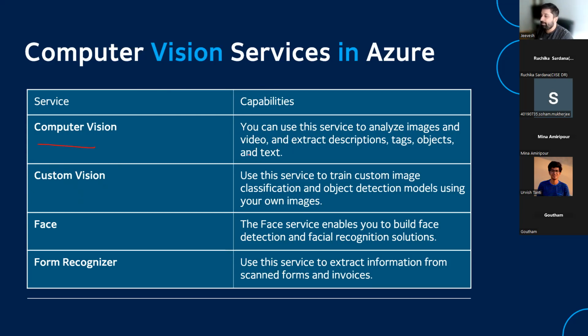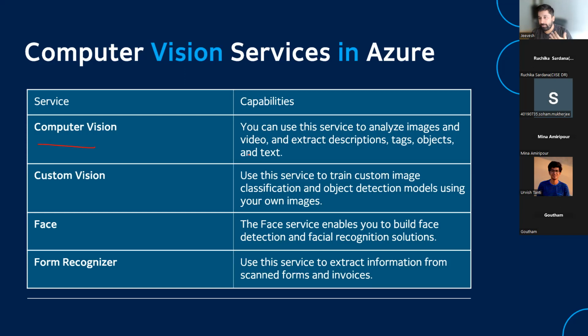For example, let's say you want to pass an image and get a summary of what's there, or you want to have a video and get the summary of what's there, use the computer vision API. It will tell you that, hey, in so and so video, there was so and so person speaking. So let's say if it's a celebrity, it will tell you that in so and so video, this celebrity was talking about the topic so and so.